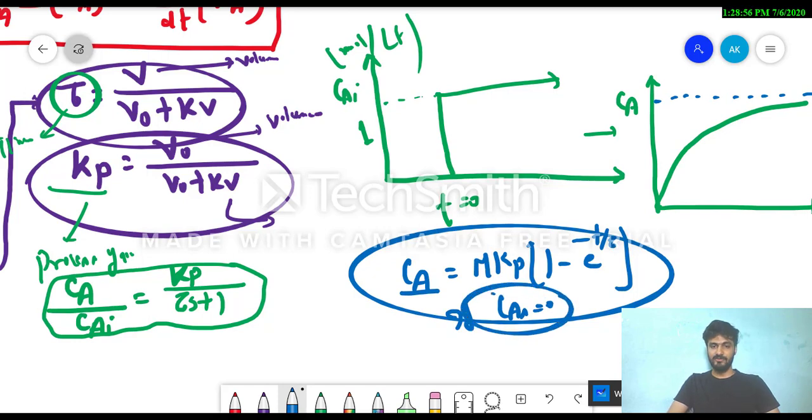Otherwise, if Cas is not 0, then this will be Ca minus Cas. So each and everything I have written in the form of deviation variables very well. That is why you will be getting these types of graph from here. I think it is very clear to all of you. The two transfer functions that I have discussed here are, first, the energy capacity, energy storage for a process, and second, the continuous stirred tank reactor for the first order reaction. Okay. So thanks for this lecture today, and I will be discussing the numericals based on this particular topic in my next lecture. Okay. Thank you.